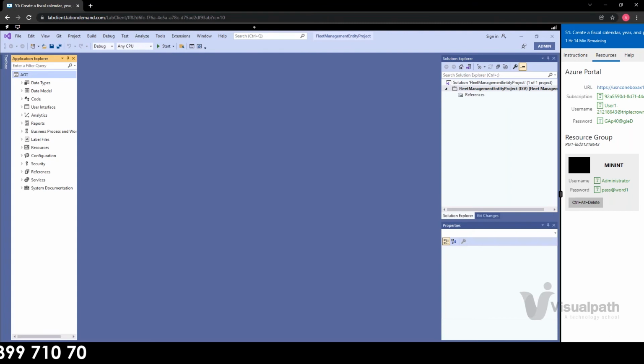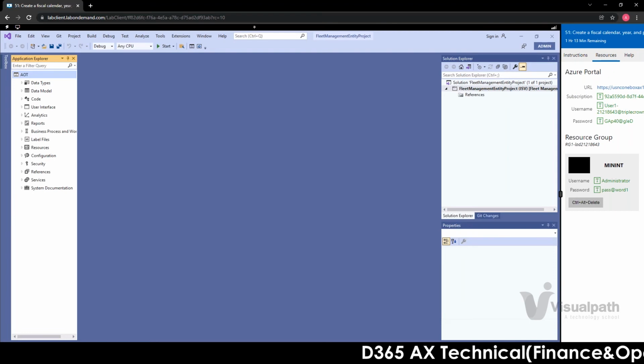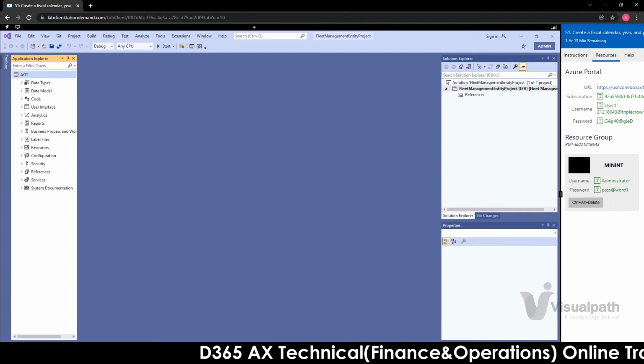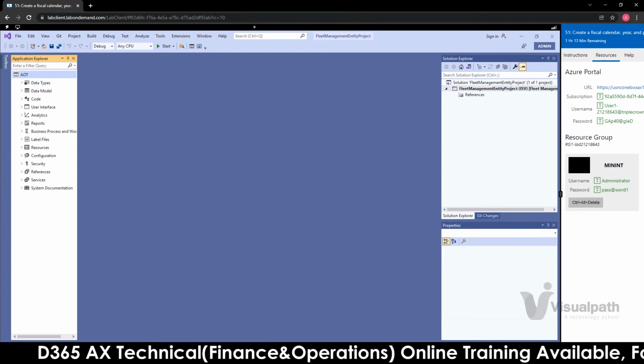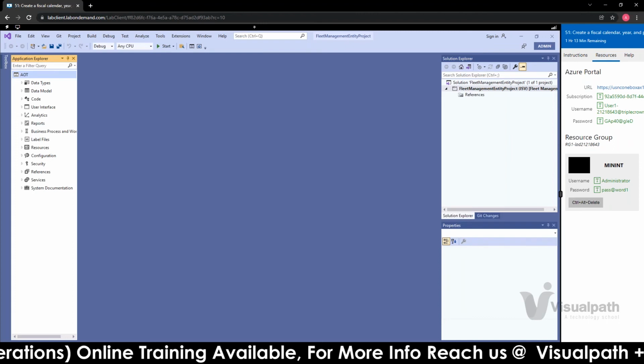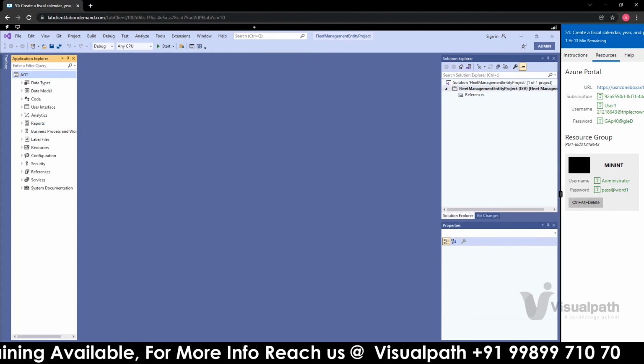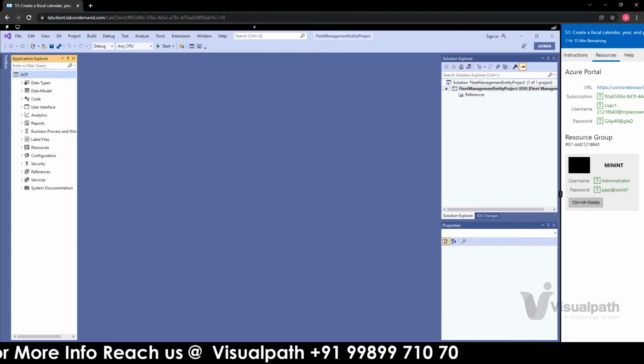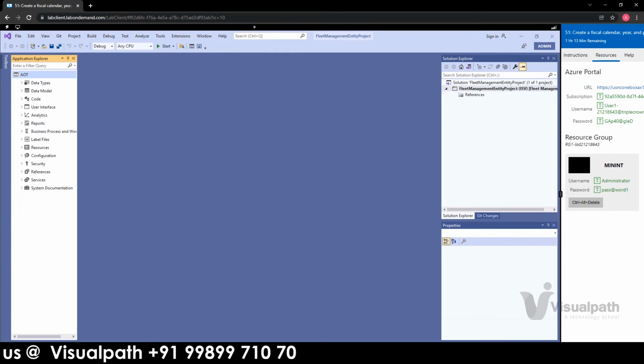We will be dealing with the X++ programming language and the concept of OOPS, and how we get into customizations as per the requirement, and the basic things. That is how the course will go.